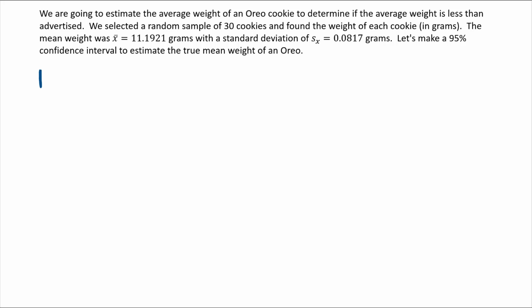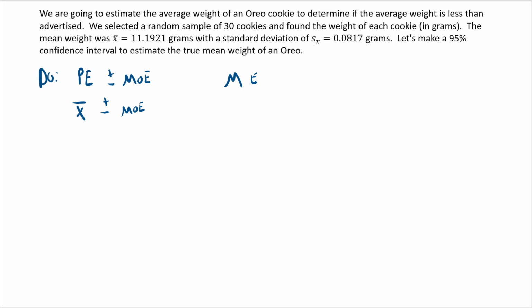So now, the do is where a couple of things change for us. We still have the same formula structure. Everybody should remember we have our point estimate plus or minus our margin of error. Now with this, your point estimate is going to be your x bar, plus or minus your margin of error. Now the margin of error is what changes up here. So for your margin of error,